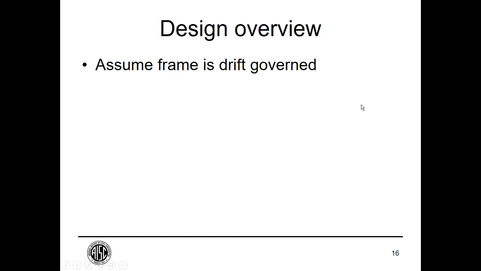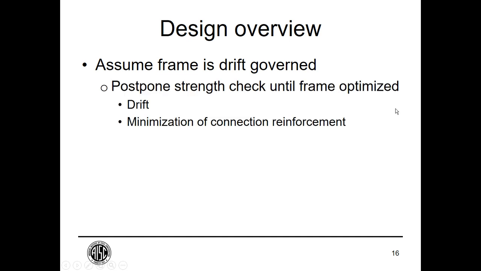Generally, a special moment frame has a strength demand capacity ratio that is well below 1. So it is advantageous to postpone our strength checks until after we are satisfied that we have the beam and column sizes that we want. So we'll optimize the frame for drift. We'll look at some other optimization things, and then we'll proceed to do the strength check for the beam and